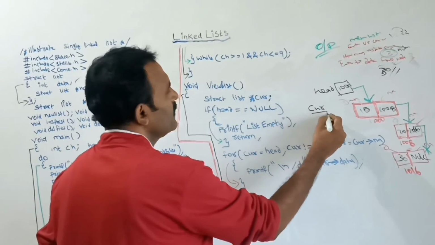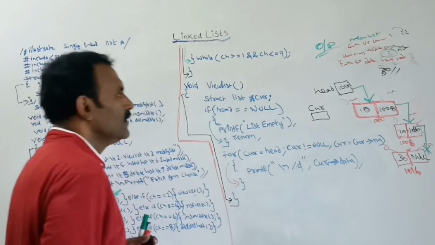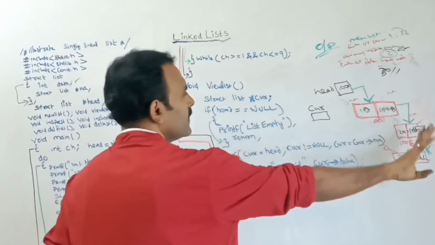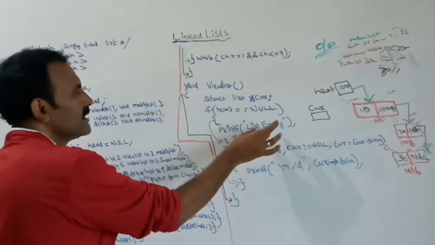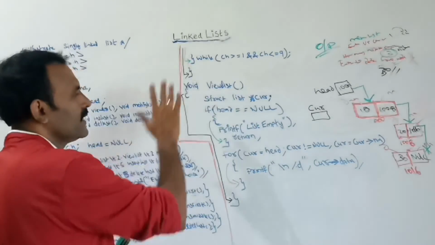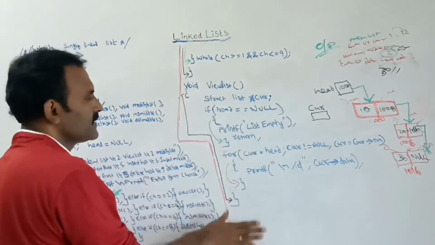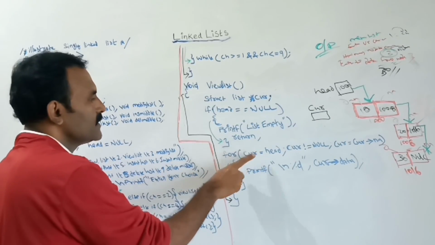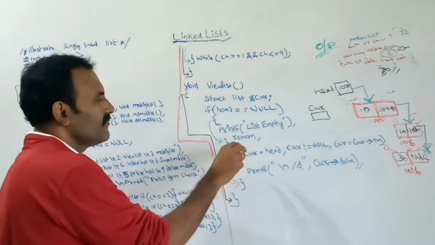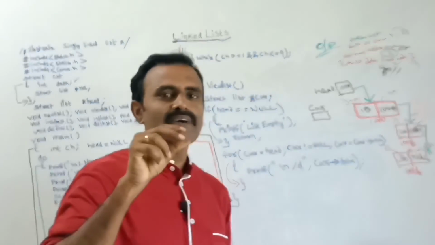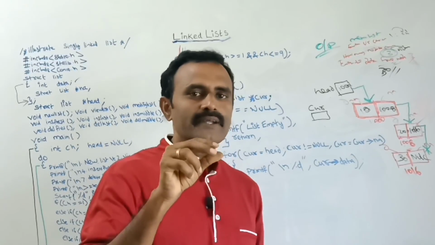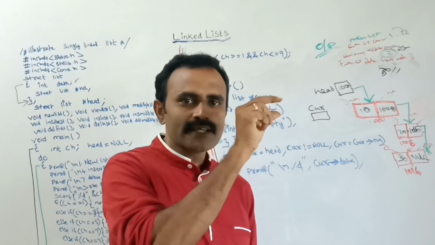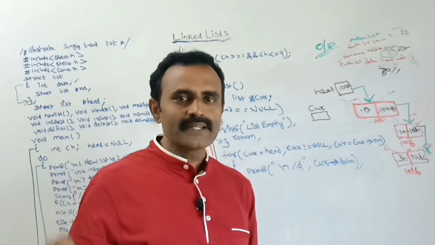I am creating the pointer variable CUR so that very first it will check if there were no data, then it will print the list is empty and come outside. Otherwise it will go inside. I am using only one single for loop. In the for loop, CUR is equal to head. For that current position I had created the pointer variable. That current position fetches the head address. From that head address it moves one by one and prints the data.